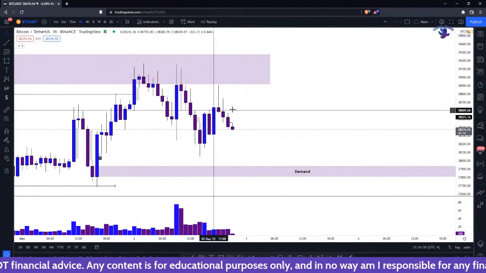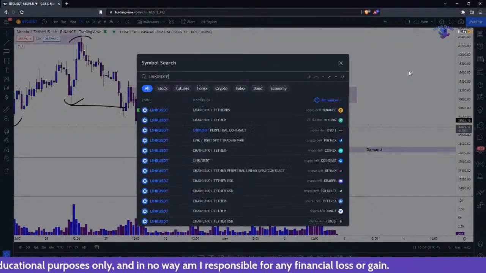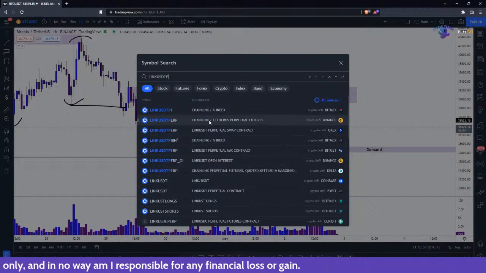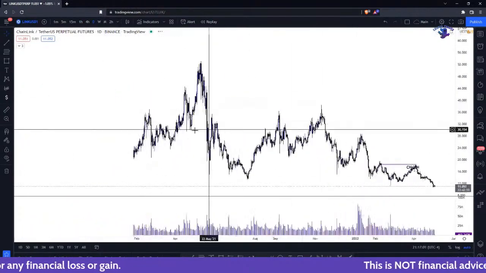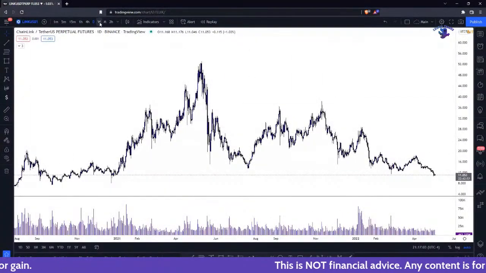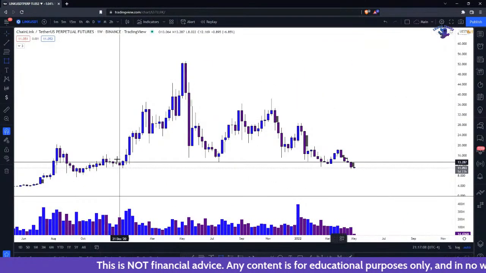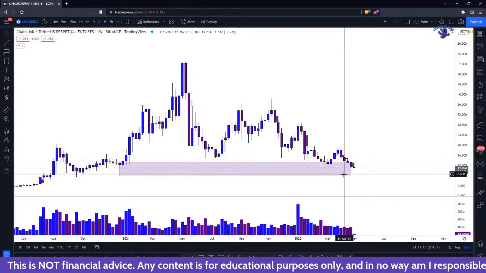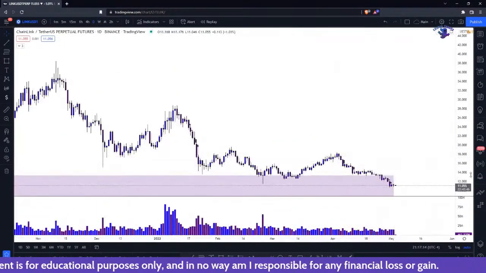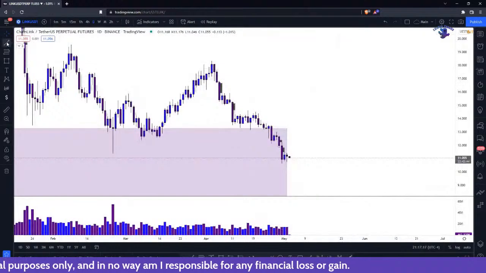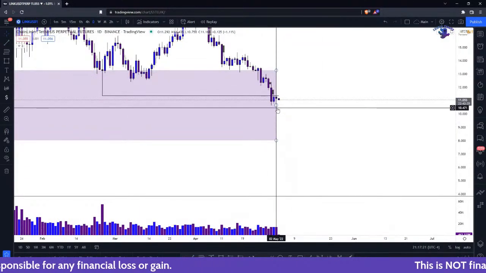So that's really it with Bitcoin. I'll go over that, and then also Link. I know that you asked for Link. I haven't looked at Link in a while, to be honest. Should I clean my whole chart? Let's go to weekly. So we are in weekly demand here. You're under an old low on the daily, which is also good.